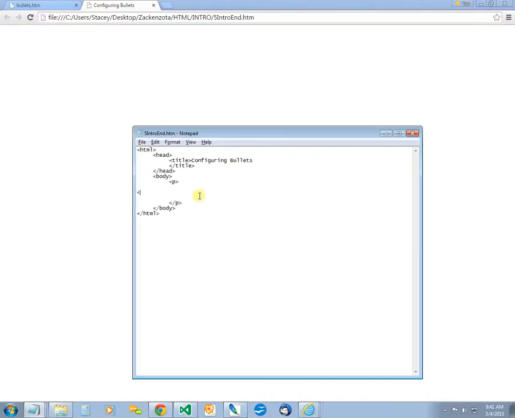So I want to put together an ordered list, so that'll be numbered. So I want to open my OL tag and close my OL tag. And then each line item that I put in there is going to be an LI with a close LI. And then I'll just copy that and then paste it a couple times so that I can have 3 items